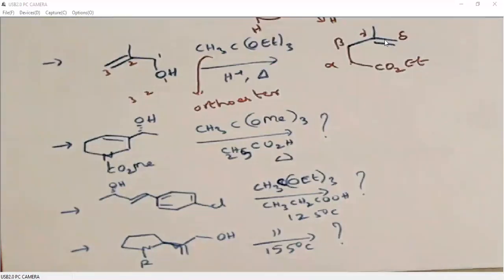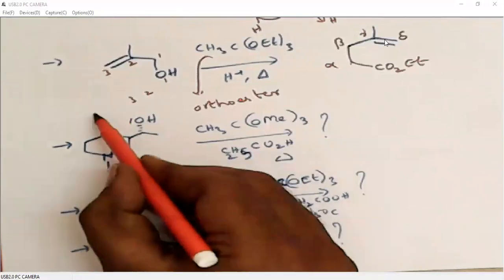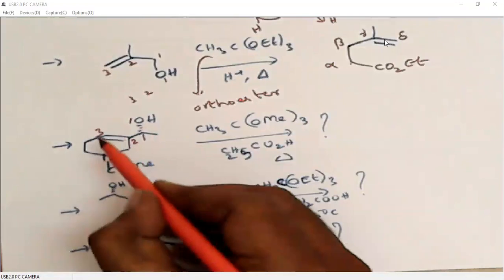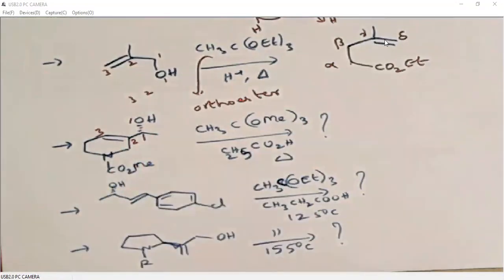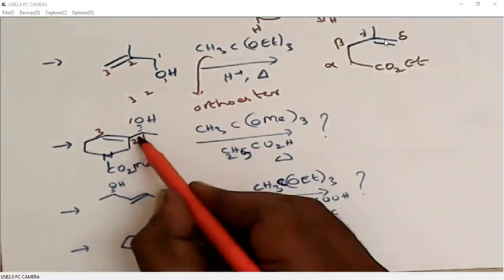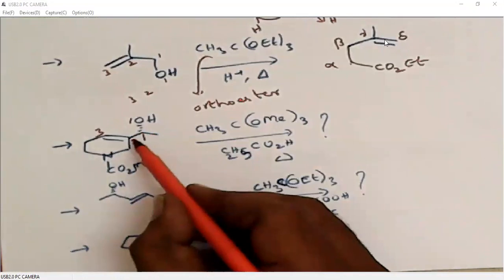I will explain one problem. See, how do we give numbering? We start with oxygen, so we will give 1, 2, 3 that side. Again 1, 2, 3 this side. So when we are writing, what we will do? We will remove this oxygen here. We will form a double bond here, right? So double bond between these two, 1 comma 2 carbons.